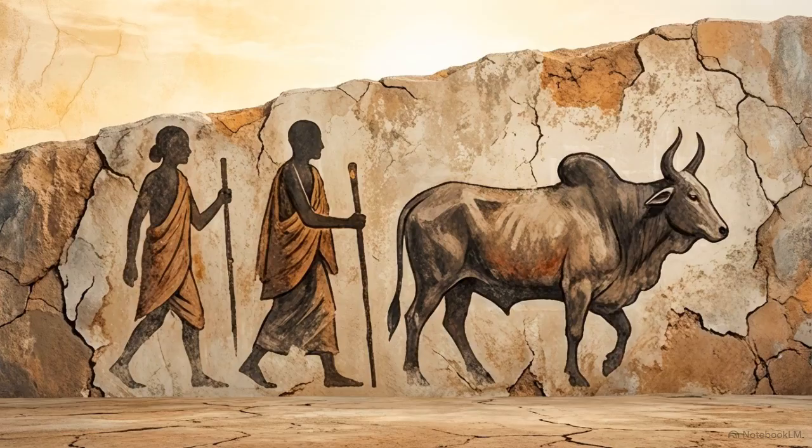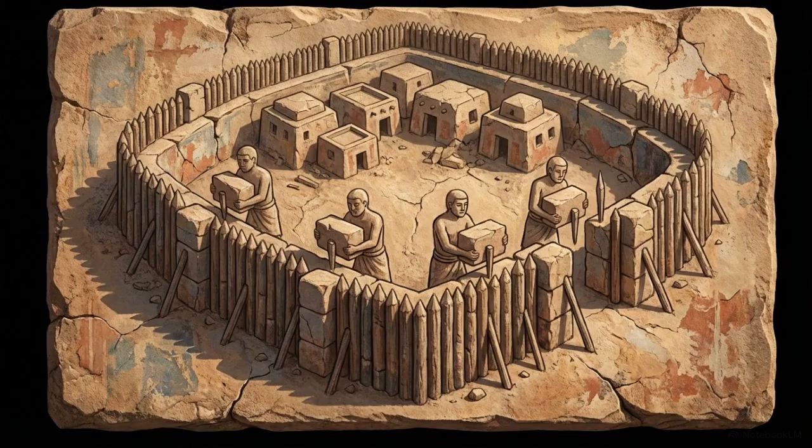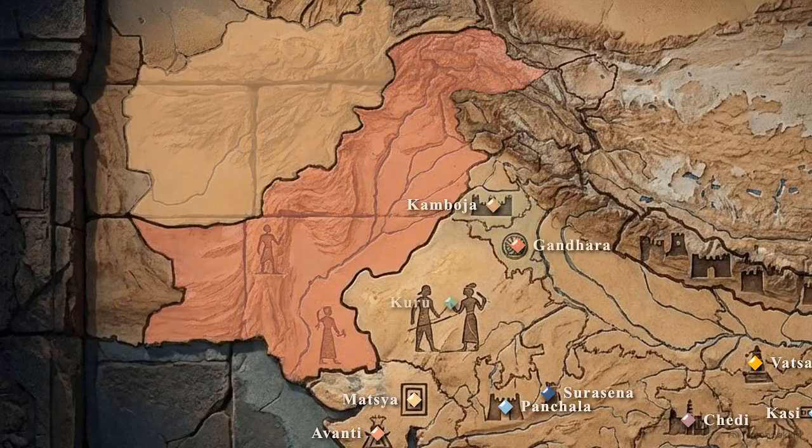Long before the rise of massive empires, populations operated as nomadic pastoral tribes, known as jana. Eventually, these tribes settled, establishing fixed territorial footholds with hard borders, a transition explicitly named Janapada, or the foothold of a people. By 600 BCE, prior to the rise of Buddhism, this settling process culminated in 16 major territorial states across the northern belt of the subcontinent, known as the Mahajanapadas.